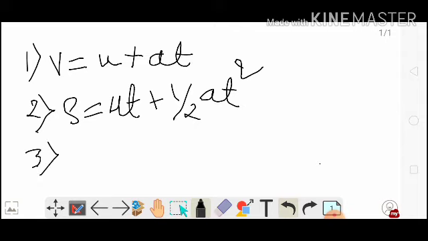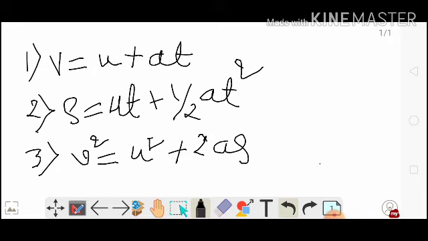And the third one was v square is equal to u square plus 2as, right? These three equations of motion you all have learned, even you have done the proof by both methods, graphical and mathematical. Okay, but